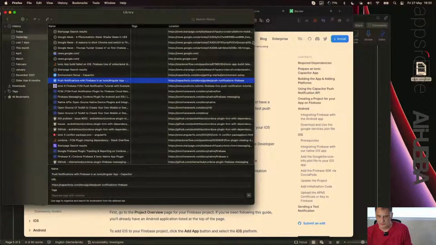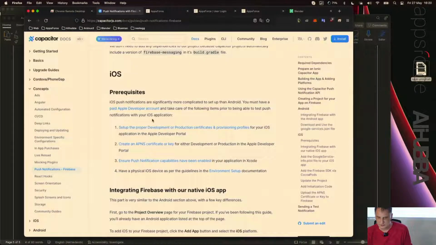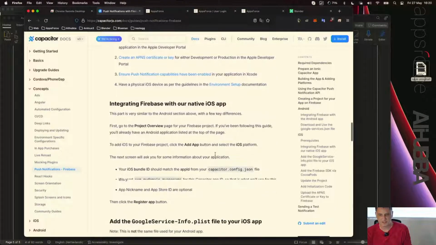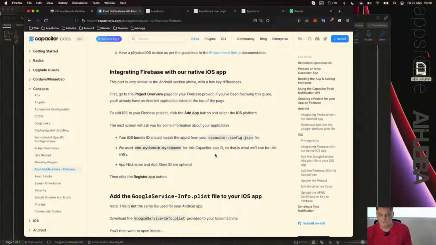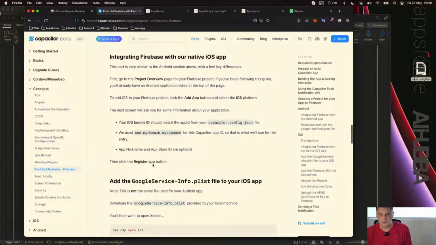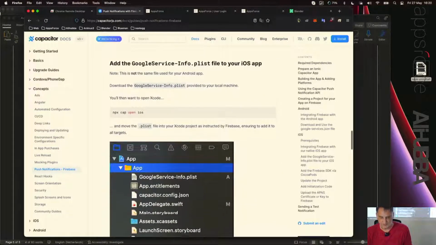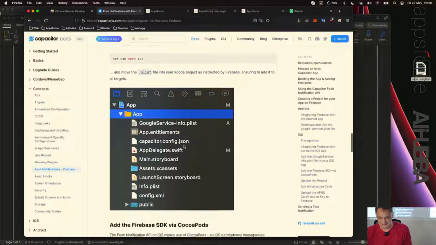Going back, so I don't need the history. So once I have that, I need a physical device. I was doing this at home, so I didn't have the physical device, but okay. So when I created this thing on the Firebase console, I need to get this plist file, which I did, okay, but